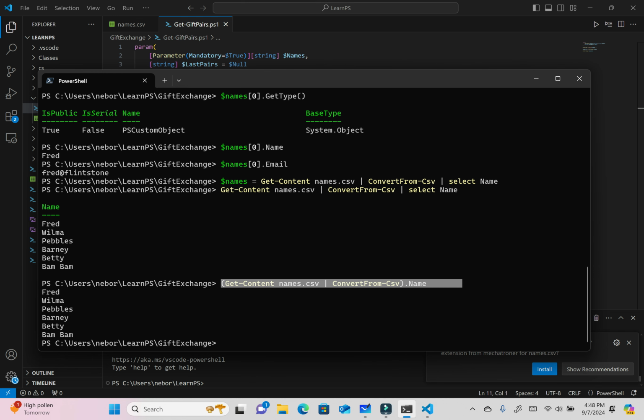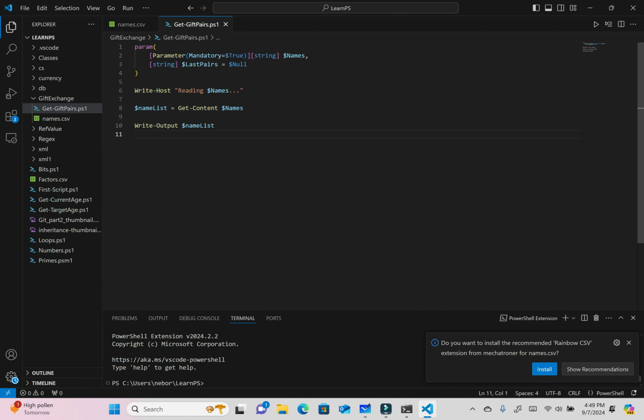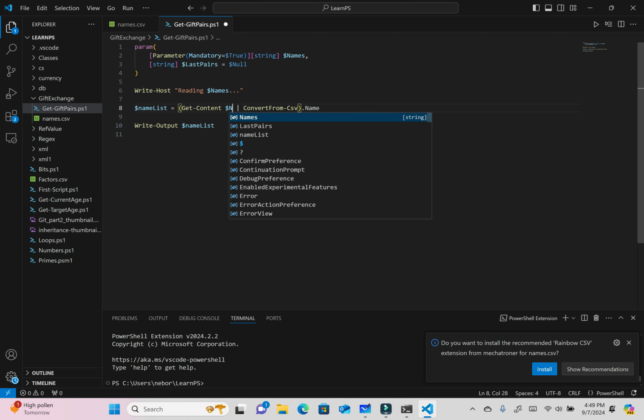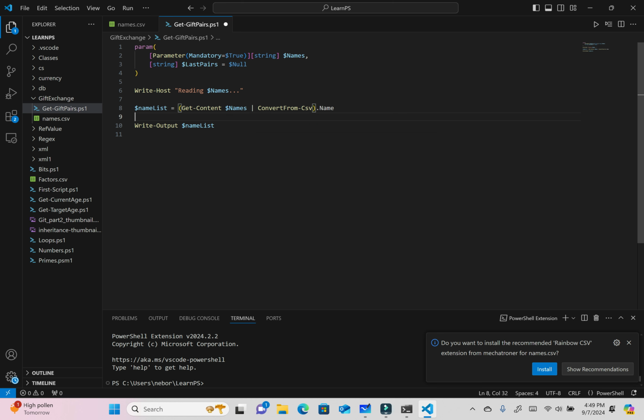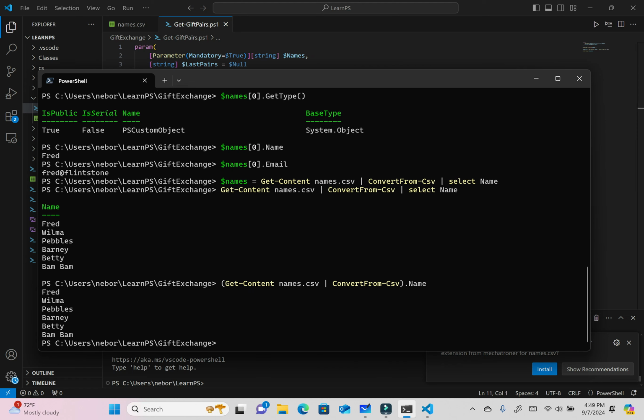I'm just gonna copy and paste that, go back into my PowerShell, and this time I'm gonna say name list equals that. Except instead of hard coding names.csv, we're gonna hard code names. So name list now is our array of strings. I think its actual type is just array of objects still, but it contains the strings. And so now if I run our script again,